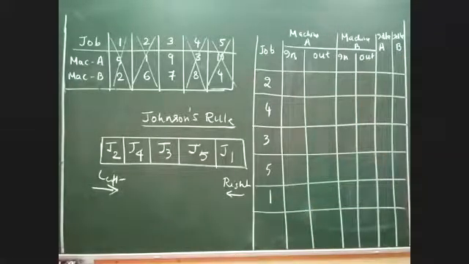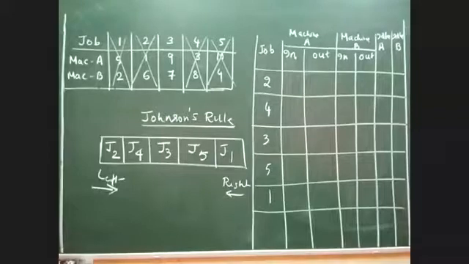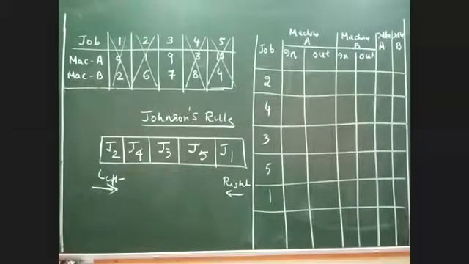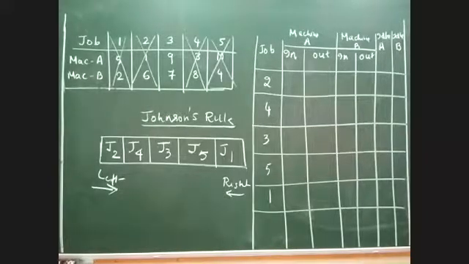Please remember, I am supposed to write down the jobs in the order that I have got from Johnson's rule. Otherwise Johnson's rule has no meaning, right? Doesn't make any sense. So we are supposed to use the order by applying Johnson's rule. Is that clear? Everybody got this step? Yes or no? You're able to follow me? Yes, sir. Okay. Now let's start solving the problem.